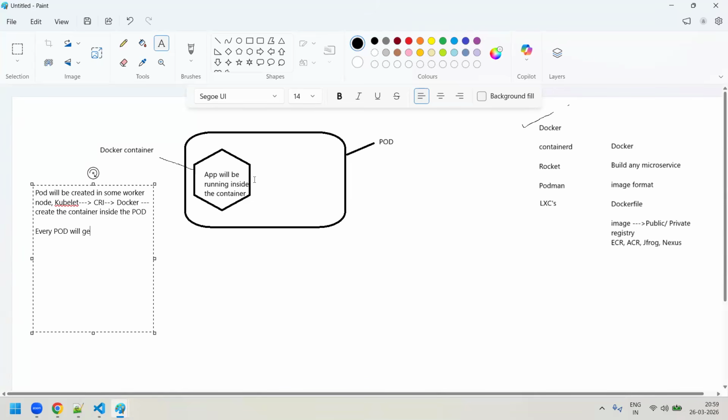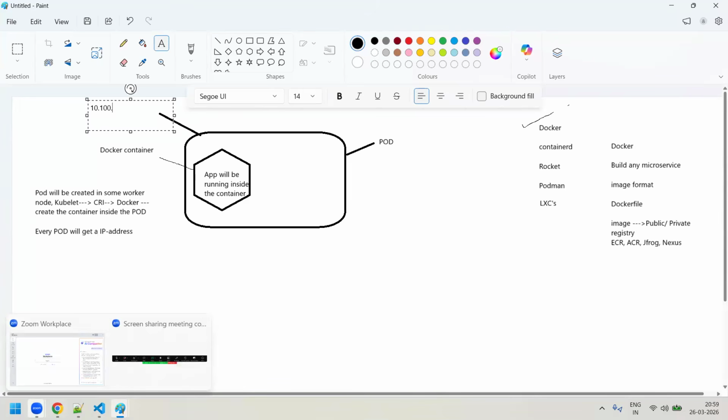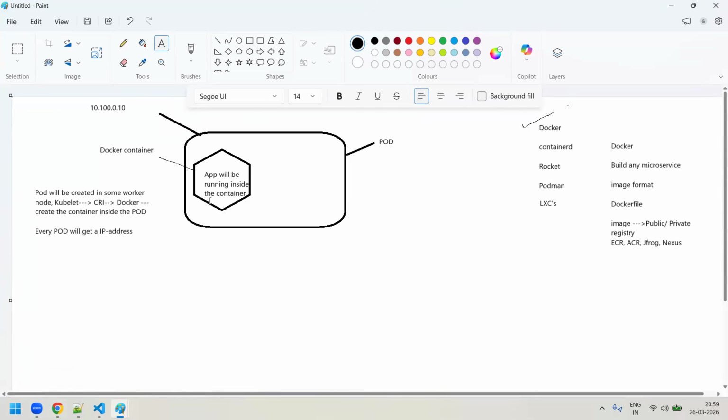Now, every pod will get an IP address. For example, here, this pod might get an IP address something like 10.100.0.10. That is an IP address which will be assigned to this pod, right? And a container will get created, and whenever you want to communicate with any other container which is running on another pod, it uses this IP address,